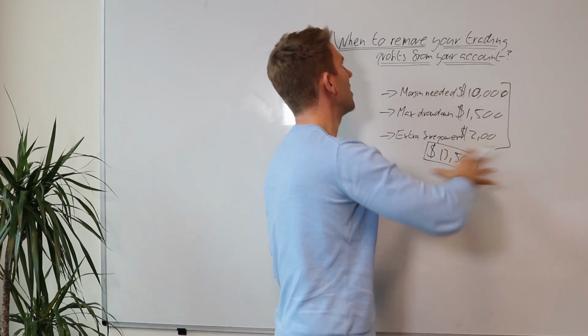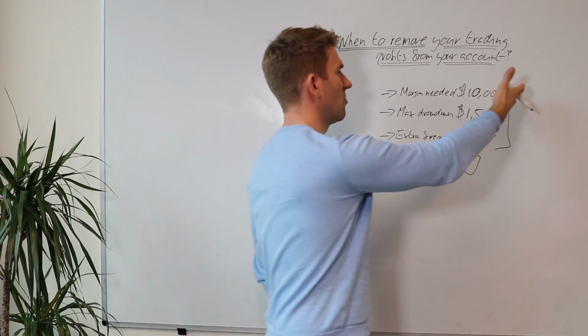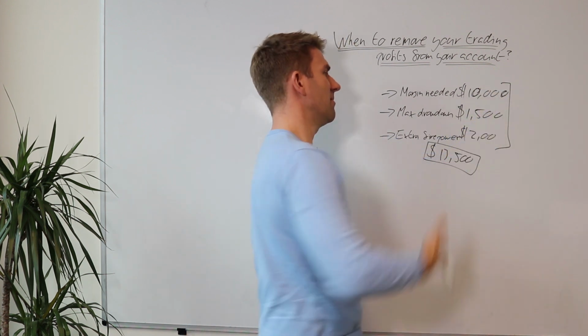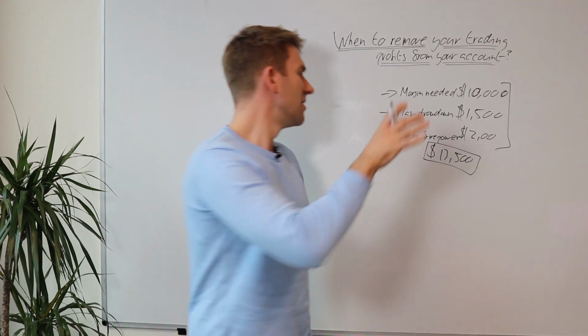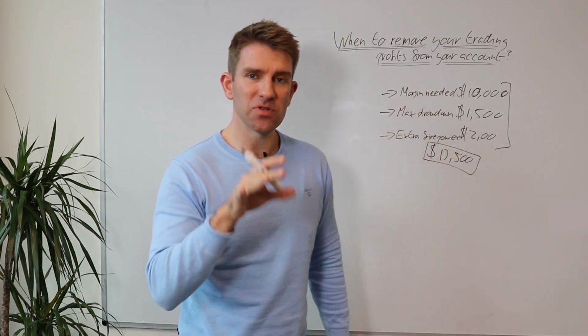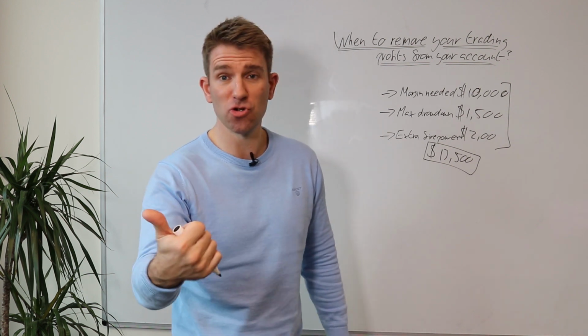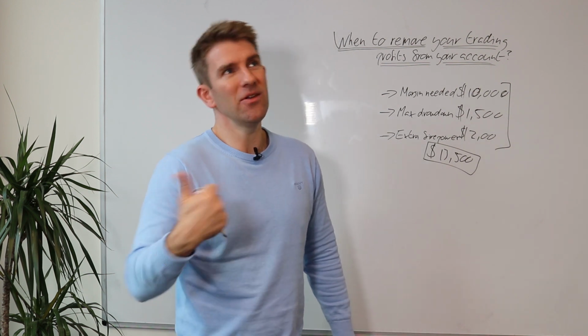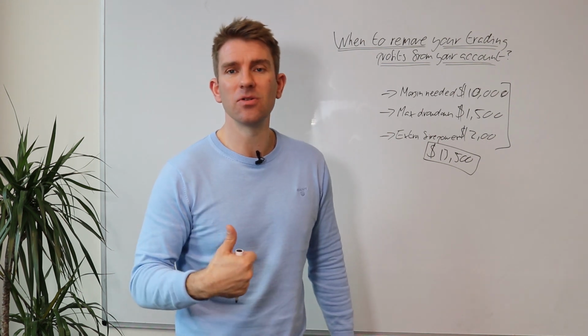You're just imagining general conditions. And again, just have another zero on it. Maybe your margin's 100,000, maybe your max drawdown's 15. You get the idea. But there's no reason to have any more in your trading account than the absolute minimum that you need, because number one, it encourages you to trade size when you shouldn't. And the argument is, well, I'm not going to be able to hit stuff when I need to.